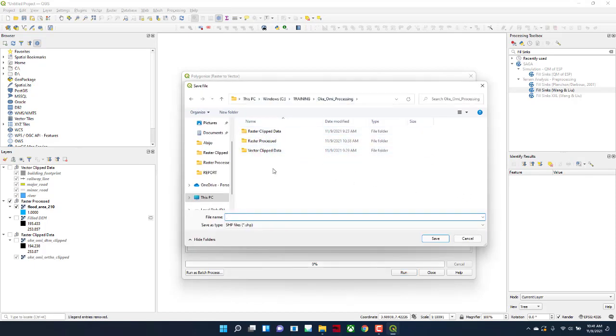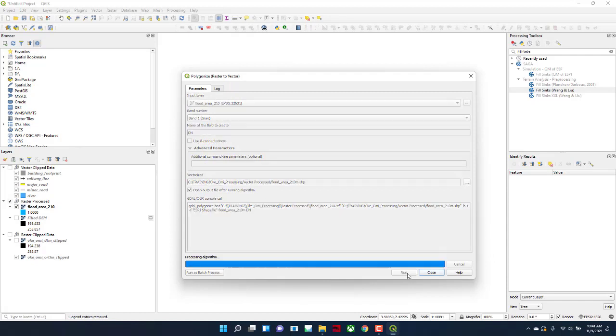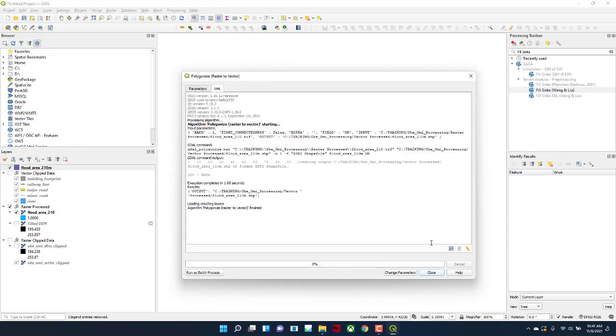So let's go to training, create, and call it vector process. Let's say flood area 210 meters. Save, and then we can run the process,